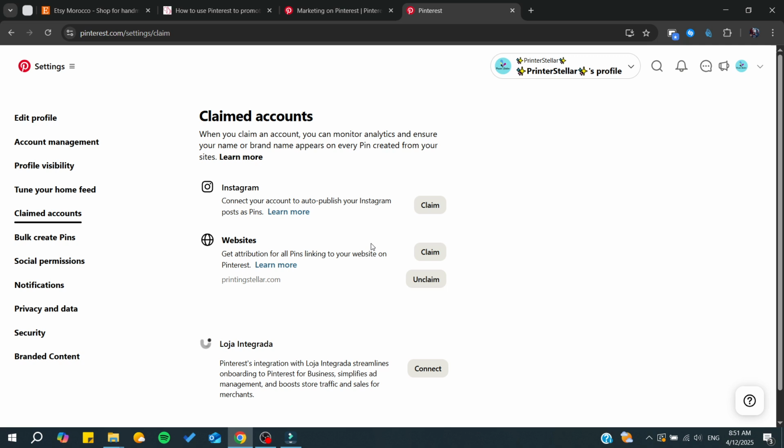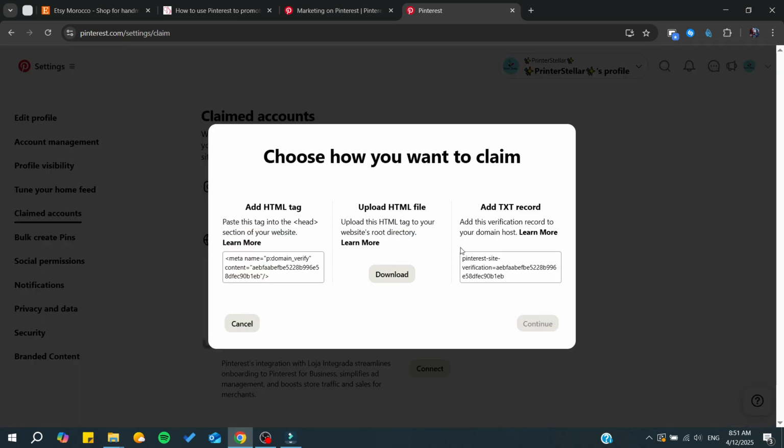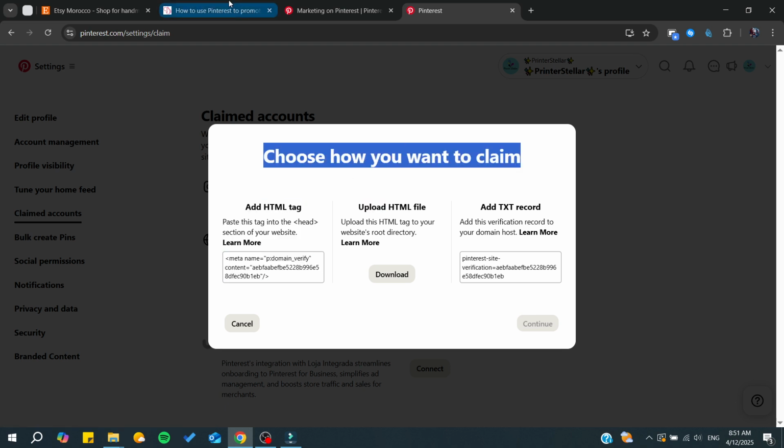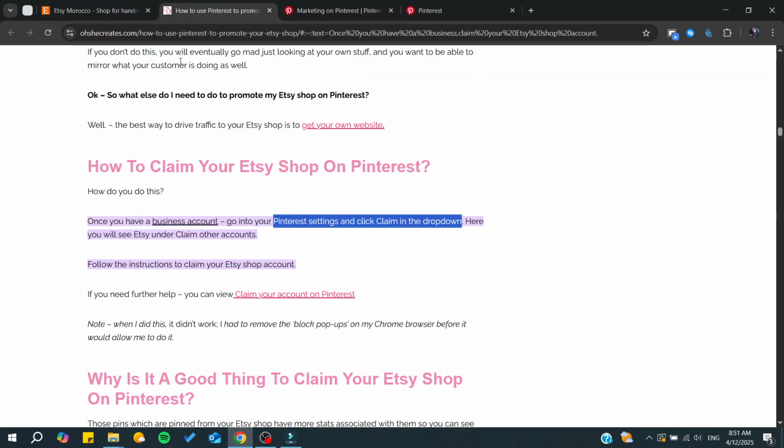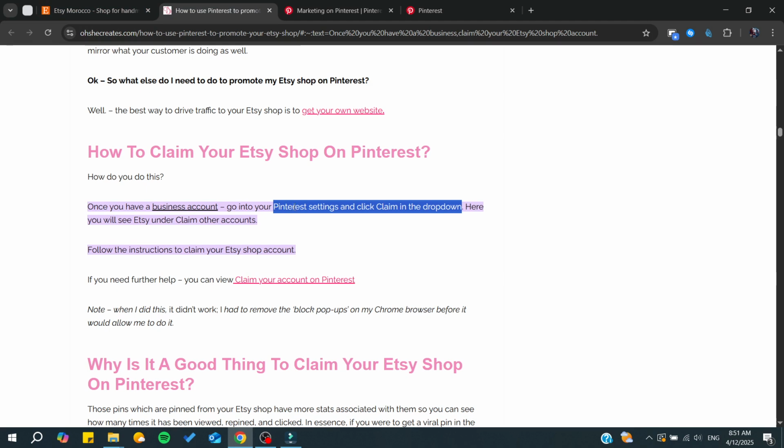So you can simply claim a website and there you can add your record from here. As you can see, you will be needing to choose how you would like to claim your website. As you can see here in the guide, it will tell you here you will see Etsy under the